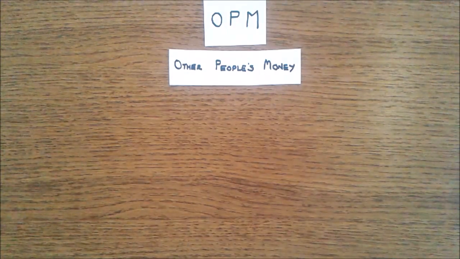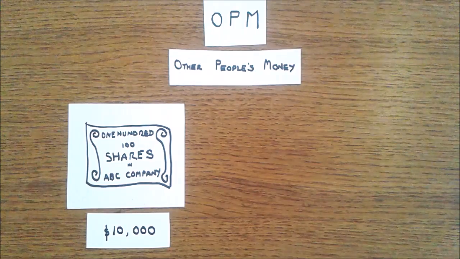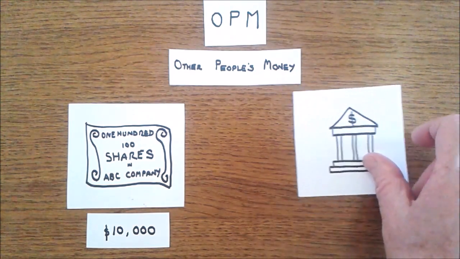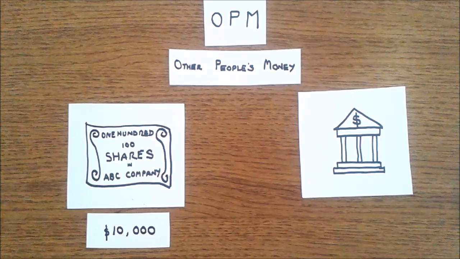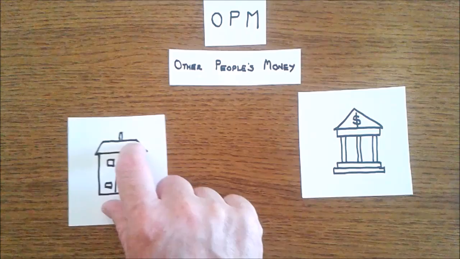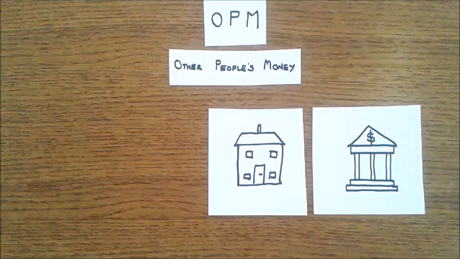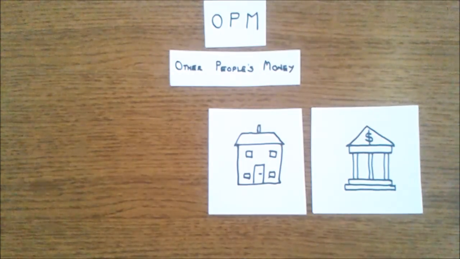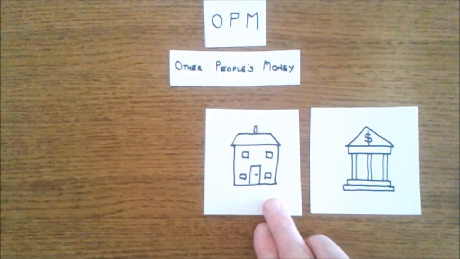Now let's try another example. Say for instance you want to buy some shares with your $10,000 instead of property. Now if you approach your bank and say, can I borrow some money to buy some more shares, your bank will say no, because the thing is, shares are not tangible. If it was a house, they could take your house away from you if you defaulted on the mortgage payments. So it seems like the bank will only lend on certain types of assets, i.e. tangible assets.